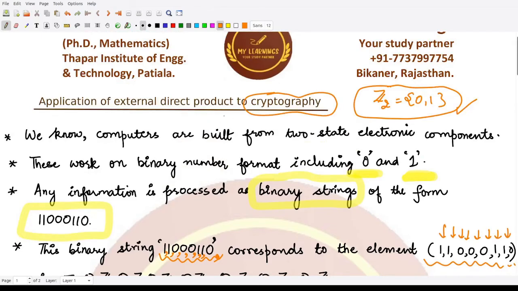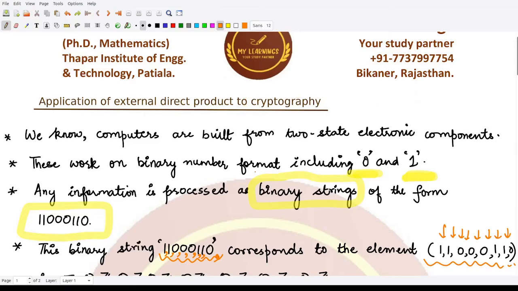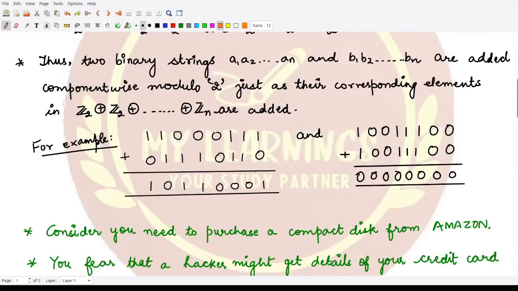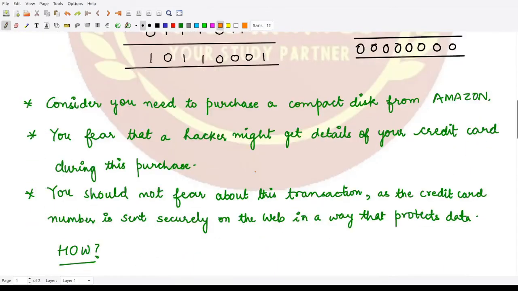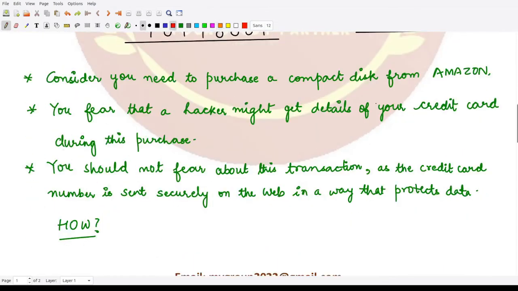Right? To encrypt our data, to secure whatever information we have, how can we use it to secure our data? So let's see a case study for that. Suppose you wanted to purchase a compact disc or anything from Amazon, which is an online shopping platform. Now you have a fear that if I buy something online, whenever I make a payment I would have to give my credit card details to Amazon, which is not safe